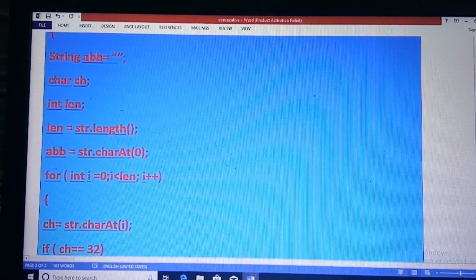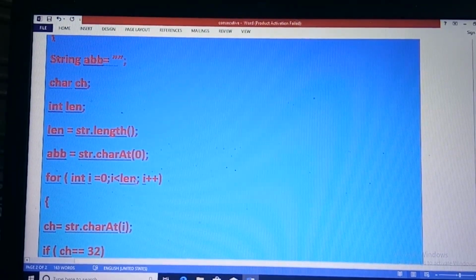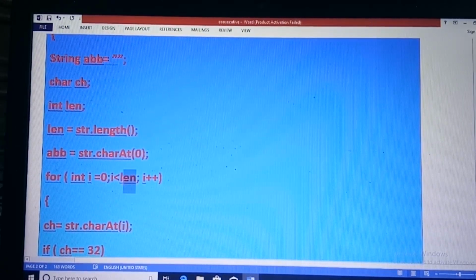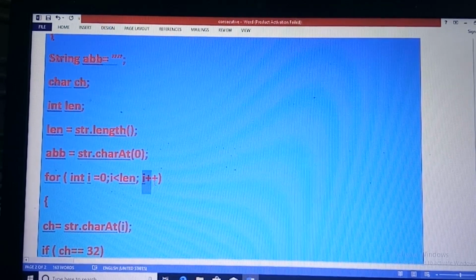Then we create a loop starting from the initial value 0 up to the last index of the character, and the updation is i++.